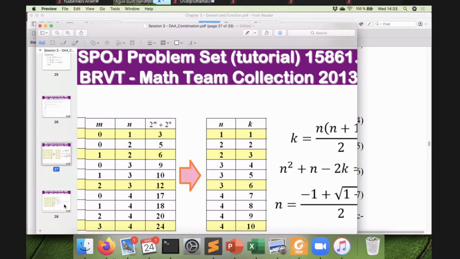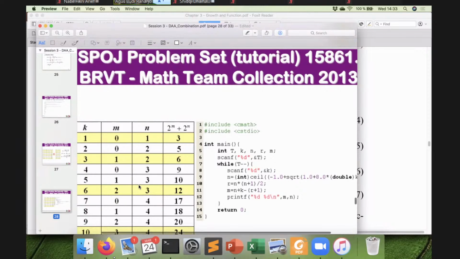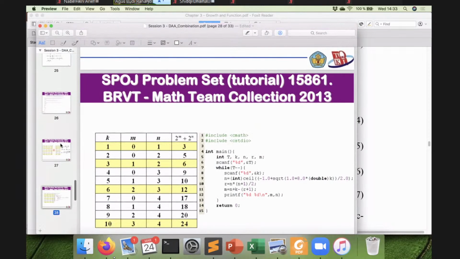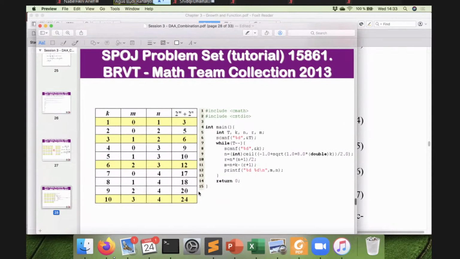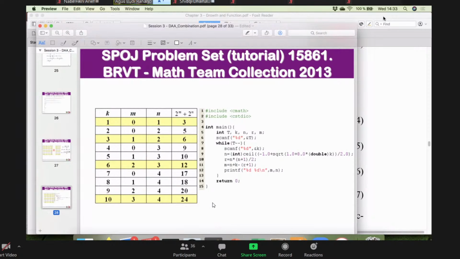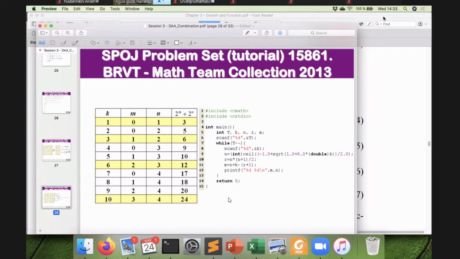Okay. Is there any question? Well, I will share the code. I will share this code also. Or is there anyone of you who still finds it difficult to understand? Let me know. If there is a problem, well, as usual, I will give you another assignment. This one you don't need to submit, well, you can submit it, of course, it's good as practice. But I will give you another assignment,